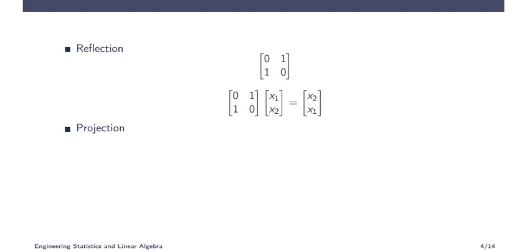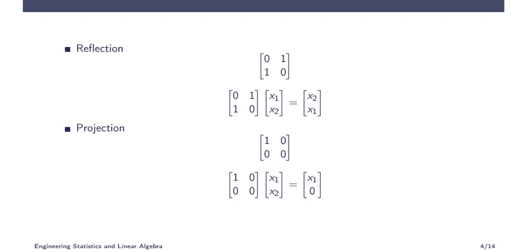And the last one is the projection. So what is projection? Projection is just the shadow of a particular vector on the x-axis or y-axis. That is called a projection. So it is obtained by, if you want the x-axis, put only the x component and make the y component 0 here. So that will be 1, 0, 0, 0 into x1, x2, which gives only the x1 component, and the y component becomes 0. So it will be the projection over the x-axis. If you want the other way, this will be 0, this will be 1, and you will get 0, x2, means you will get only the x2 component or the y component.